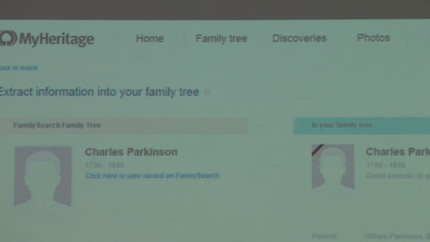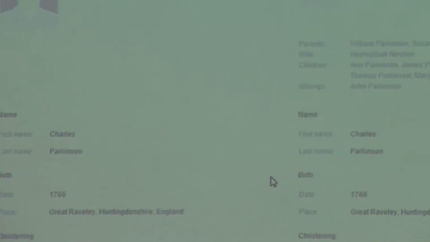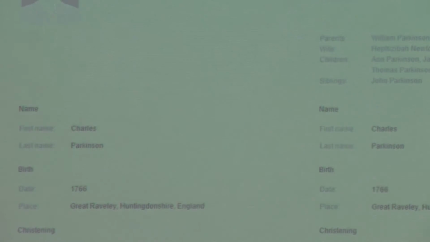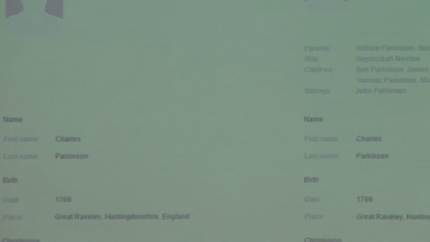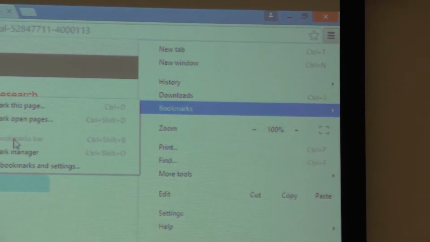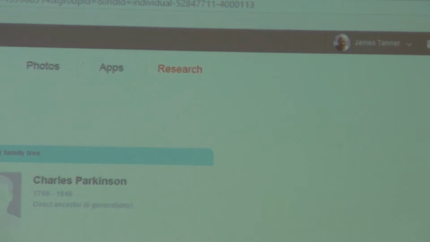But, no, so what we have is a way to move this information one way, and then I'm going to show you in just a minute how to get it all back from MyHeritage into FamilySearch. And it looks to me like we're really going to have to add in something. I'm going to have to make my bookmark and show the bookmarks bar. I got it, okay. So now I may have to be adding a bookmark here too. Okay, now we're